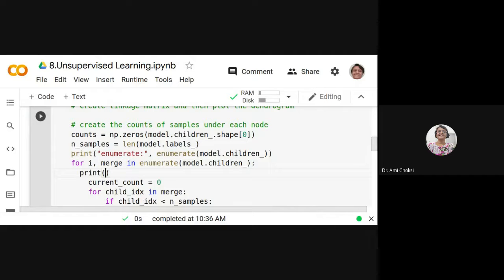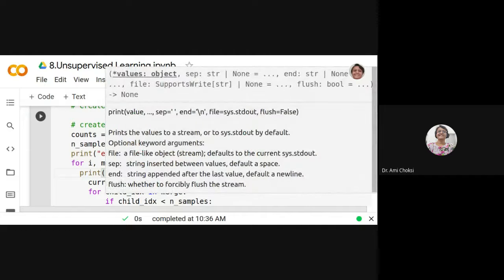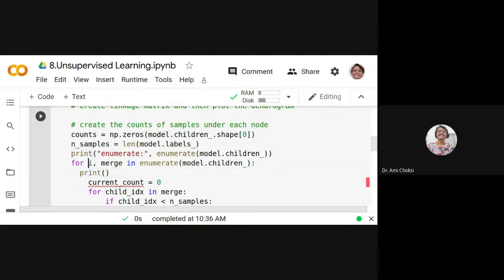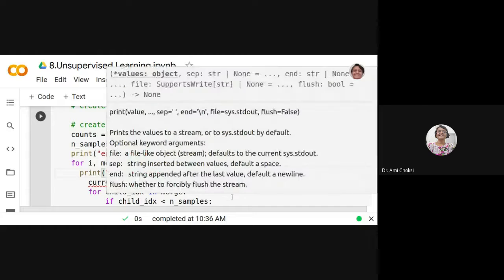Enumerate gives an enumerate object, so we cannot understand what it contains. But what we are doing is i, merge, two parameters we are taking from the enumeration. So if we print them, we can have the idea. So let us print i, then merge.